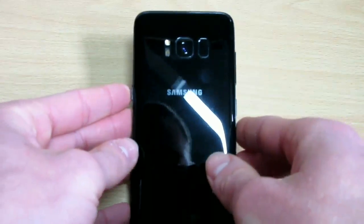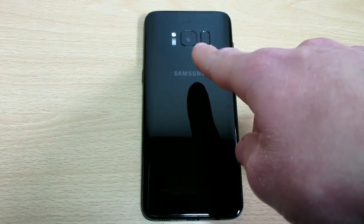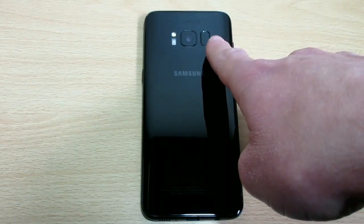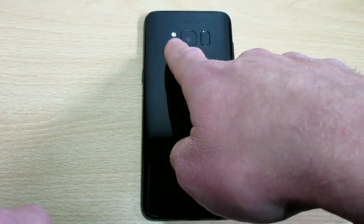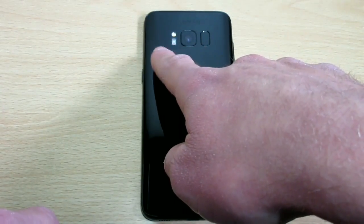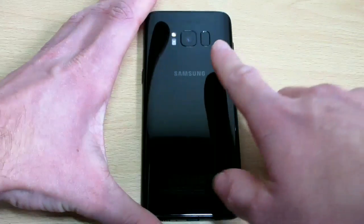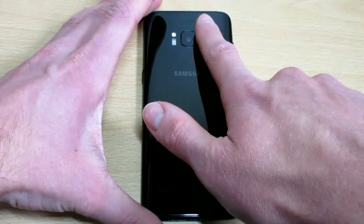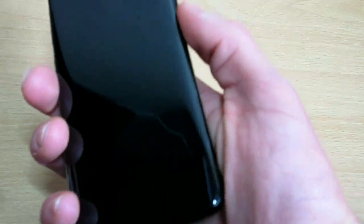Moving to the back of the device, we do have your 12 megapixel camera, the fingerprint sensor on the right, which is in an awkward place as many people already know, and then on the left we get your heartbeat monitor and the flash. Now it is quite a strange place. I have pretty big hands and I still struggle to get to it. I do have to move the device a little bit,